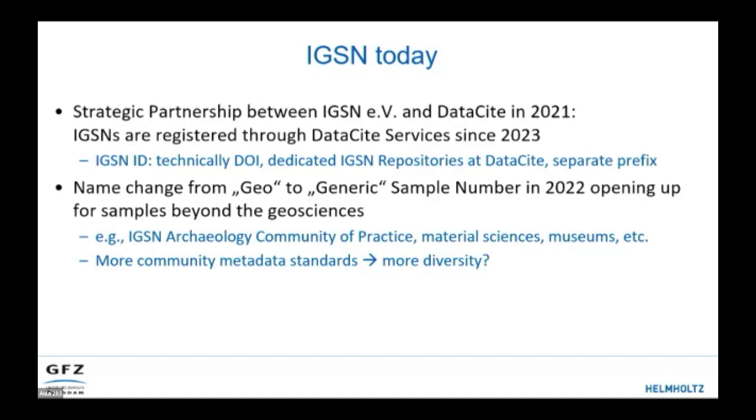So at the moment, what we see is that there are current activities to explore IGSN minting, for example, by the IGSN Archaeology Community of Practice. IGSN is a perfect example for all these millions of artifacts of archaeology. And especially the hierarchical system that we have developed can be used to make sample, subsample, and digitally connect everything. Material sciences, Rolf showed his use case on the synchrotron, where all kinds of samples, may they be natural or synthetic or whatever, we can even put it to museums, to paintings, everything that is actually physical objects.